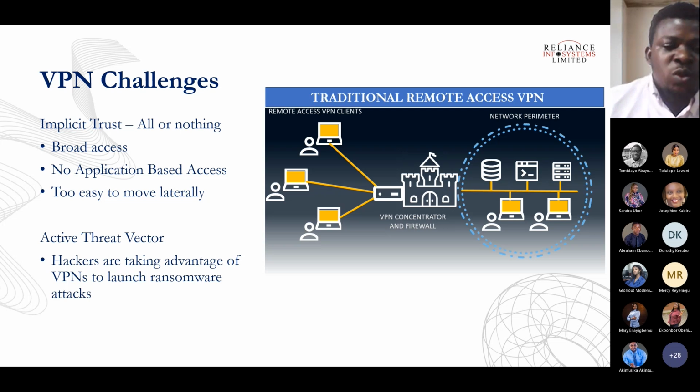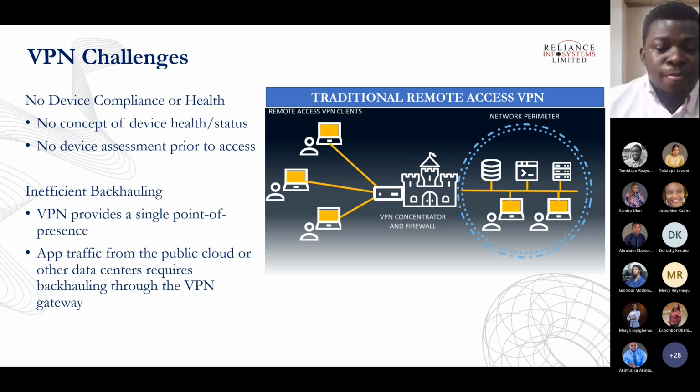VPN also enables lateral movement. If there is any issue or attack on a specific user or account connected remotely, such users who connect into that network can literally move within the network, because the VPN has given them access to the entire network, and the attack spreads. It can snip data and information from the network environment.